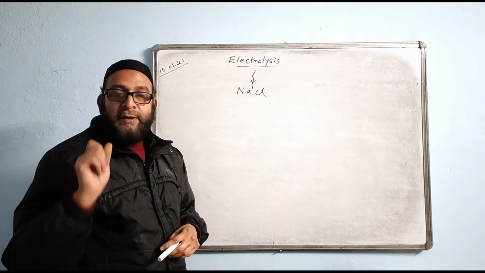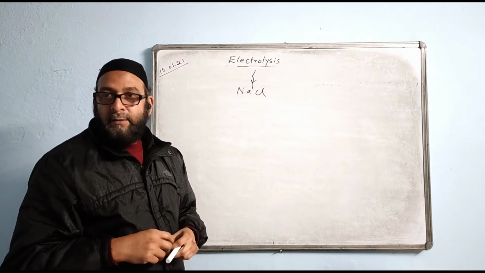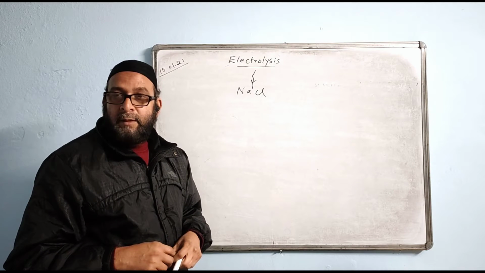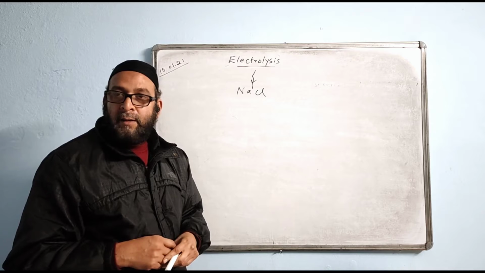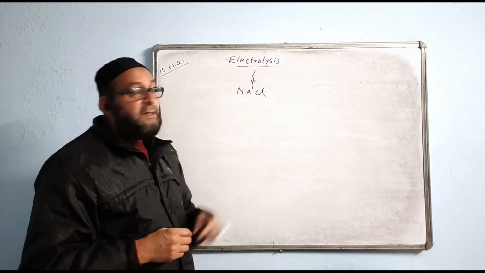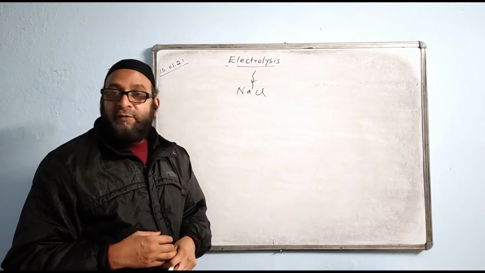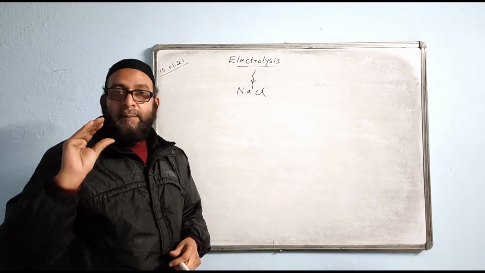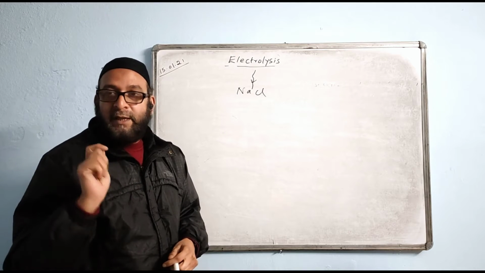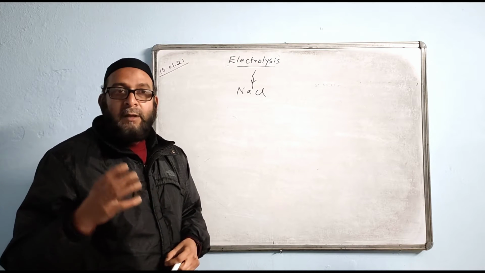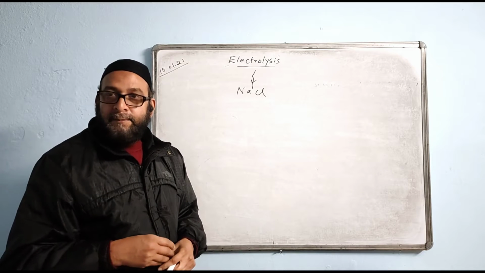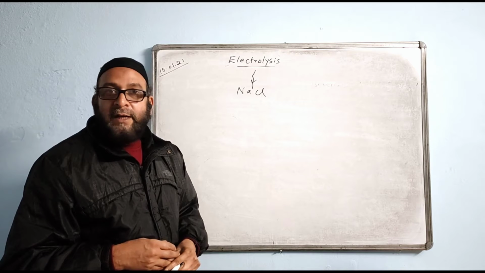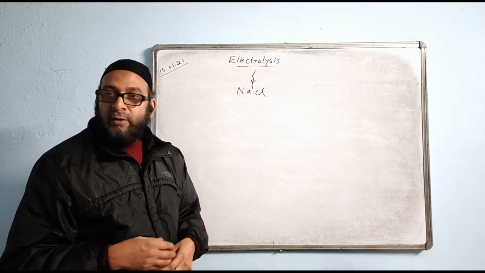The decomposition of a chemical compound by current in its aqueous or molten state is called electrolysis. That is, for electrolysis, the substance must be in which physical state? It must be either aqueous or molten form. Molten is melted form. Molten or fused state; molten state and fused state are the same thing. In solid state, electrolysis does not take place.